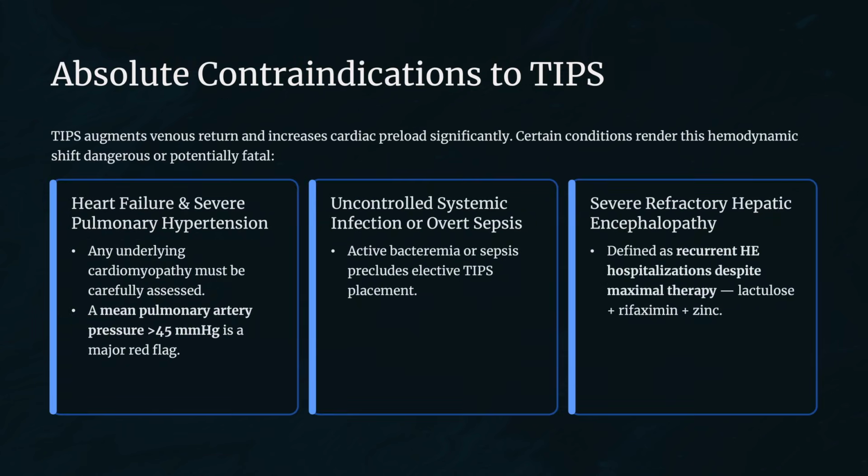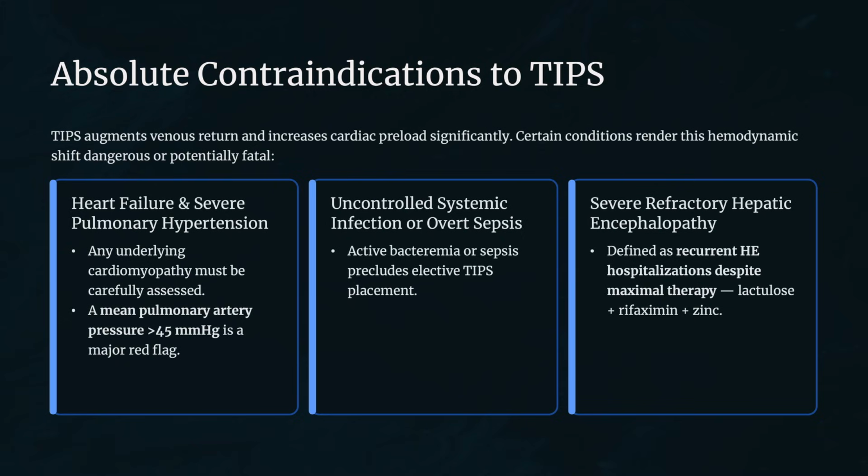And so when we talk about absolute contraindications, I'd say the biggest one is heart failure, coupled with severe pulmonary hypertension, because what we're doing with the TIPS is we're essentially increasing venous return and cardiac preload. And so any underlying cardiomyopathy must be carefully assessed. And if, coupled with that, the patient has a mean pulmonary pressure above 45 millimeters of mercury,